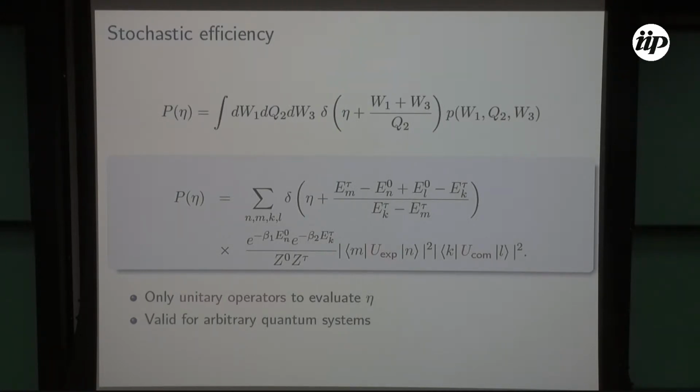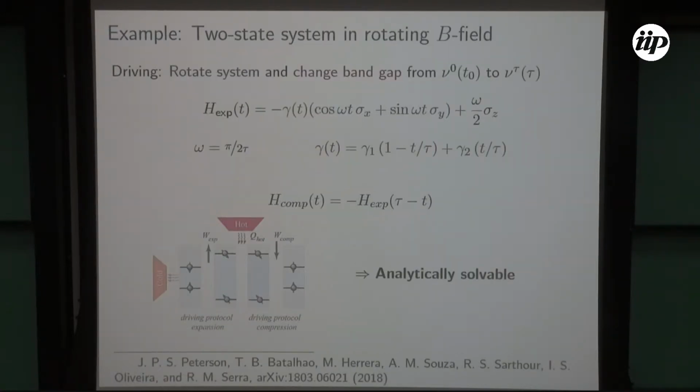We then studied this expression, which is true for an arbitrary quantum Otto system, for the example of a 2-state system in a rotating magnetic field. Why did we choose that? Well, first of all, because, as we've seen last week, it can be implemented very easily in an NMR setup, as has been done by Roberto Serra's group in 2018, for example. So what do